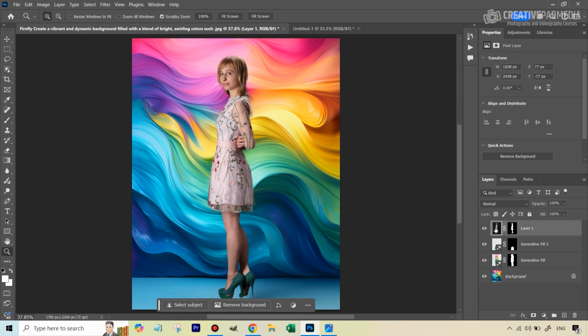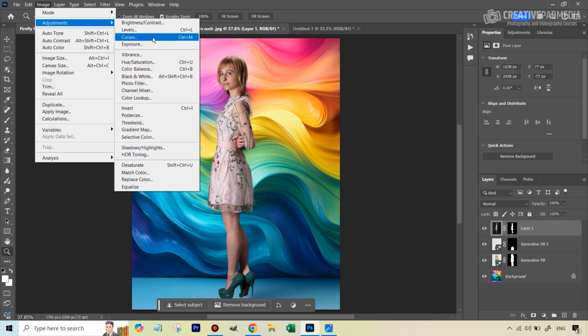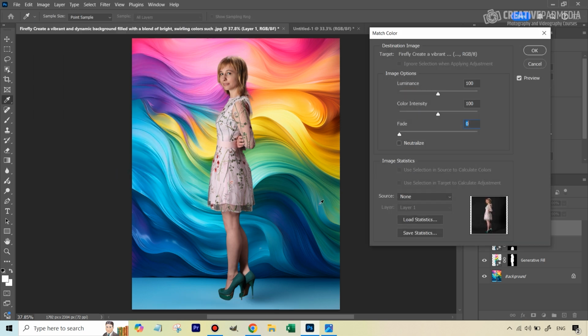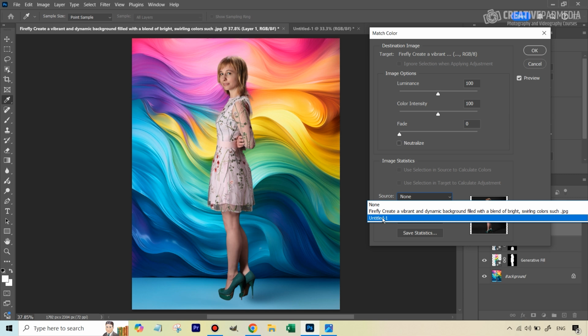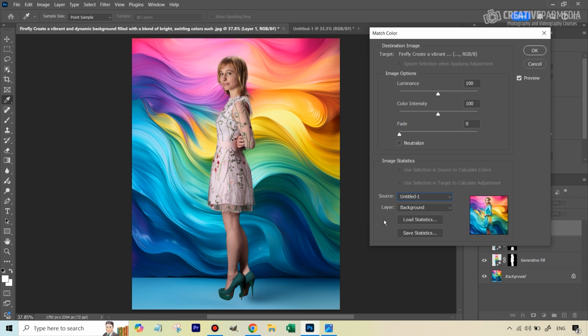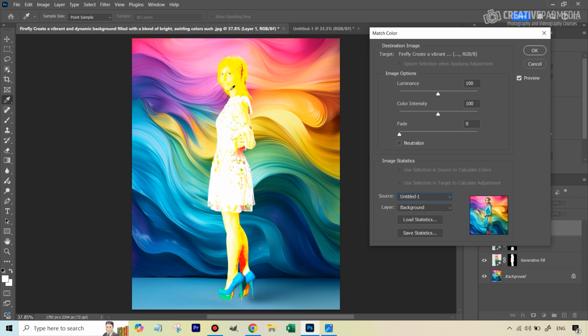So we can go back to our image. Make sure you hit the image thumbnail. Go to Image, Adjustments, Match Color. Now I have a separate tutorial on Match Color where I explain all the sliders. I'm not going to do it here, but if you're interested, the link to that video is in front of you. But basically what this does is once we start to select the source, which is going to be this untitled new document or that image that we've chosen, the moment you do that, it's going to put those colors